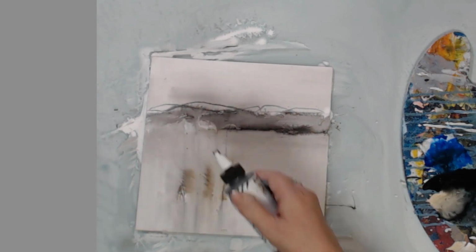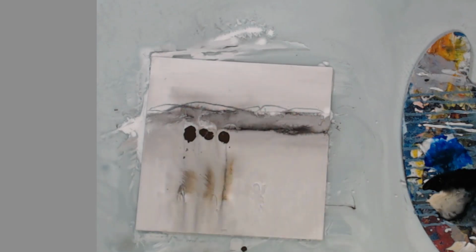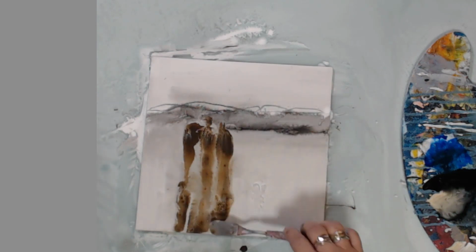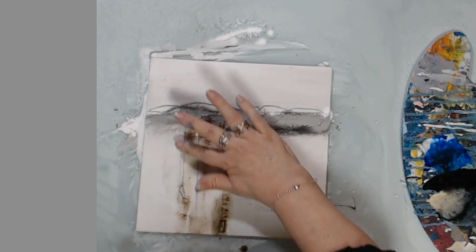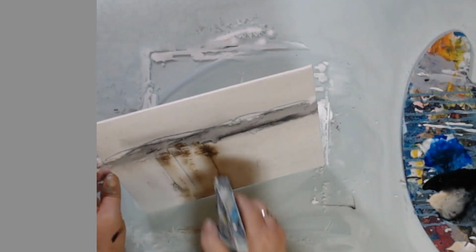This is the raw umber. Right now I'm not quite sure what I'm doing. I'm taking risks here. Trying to keep that minimalistic. Let's see if I can do...